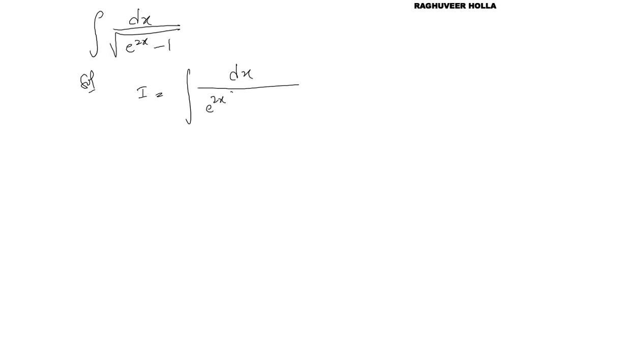Let's move on to the next problem now. Now this is integral dx by square root of e to the power of 2x minus 1. Okay, so let us solve this. Now this is integral dx by e to the power of 2x, okay, times square root of 1 minus e to the power of minus 2x, right? Okay, so which is equal to e to the power of